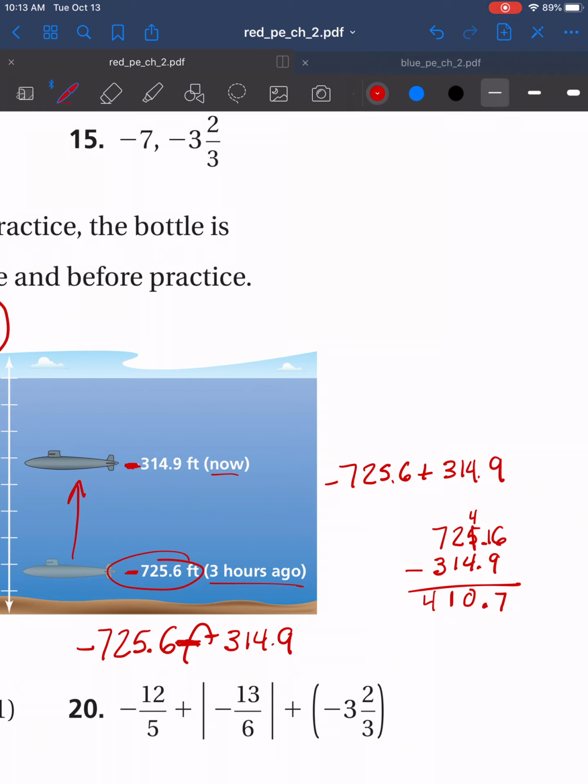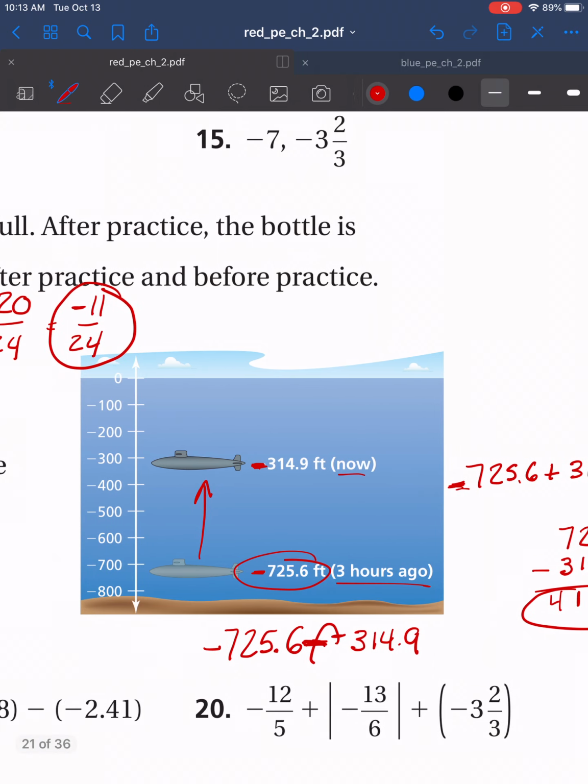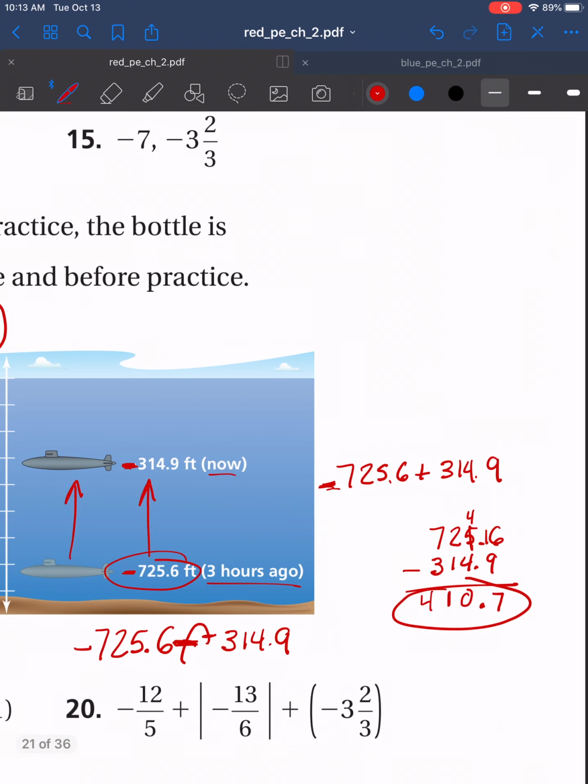Okay, who's the bigger number? Obviously it's this guy. But hold on, let me just think about this. It's asking how many feet did it go up. I can't say it went up negative feet. If I said it went up negative feet, it just doesn't make sense, right? It didn't go up negative feet. It went up a positive amount of feet. I'm still just negative because I'm below the water, right? So my answer is positive